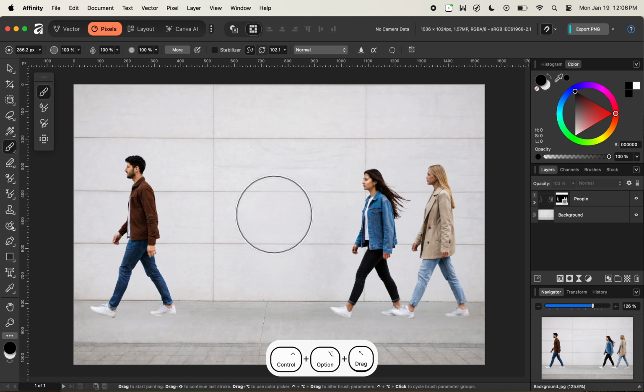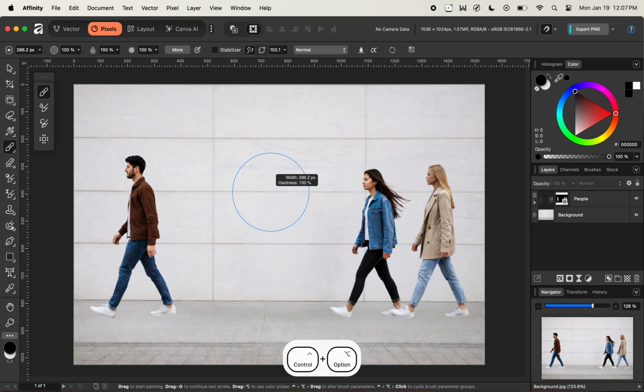So similarly, next, we can also adjust the shape as well as the spacing value in this way. So to change the shape or spacing value, we first need to change the mode. So by actively holding down the Control and Option key or Control and Alt key, simply click the left button on your mouse, and now this changes the mode of the brush. And now you can see the attribute is changed to shape and spacing on the tooltip.